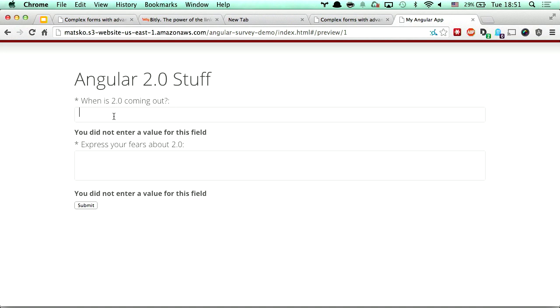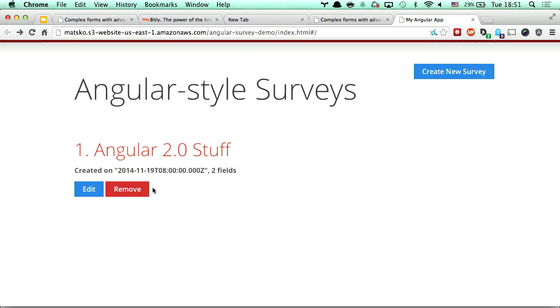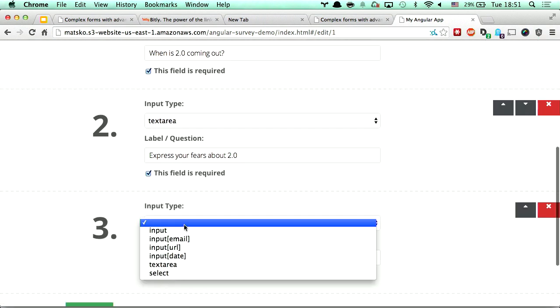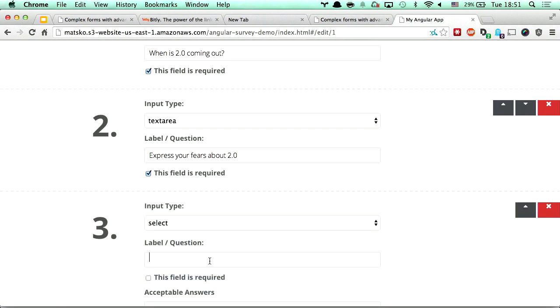So for example, here's our input field. I try to submit. Please enter this field. We can tell the validations work. I go back here. I edit this code. Edit. And right here, I say that we're going to have a select field and what other stuff we're going to ask about Angular